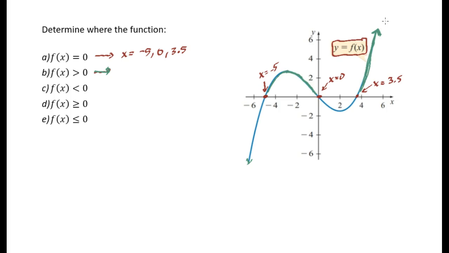To write this in interval notation, realize that your solution is x. And for x, we're talking about horizontally, that it is greater than 0 for this interval from -5 to 0. But it doesn't include -5 and 0 because that's where it's equal. We want only greater than. So from -5 to 0,